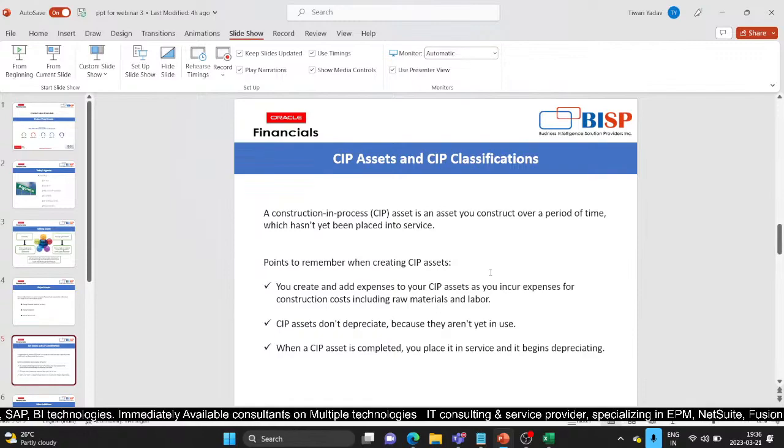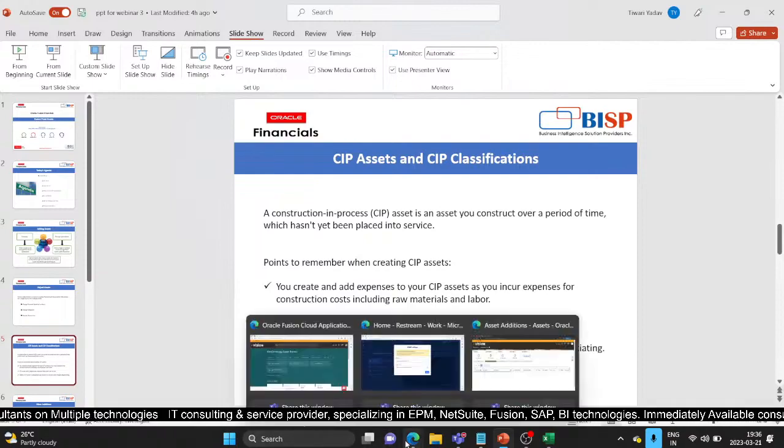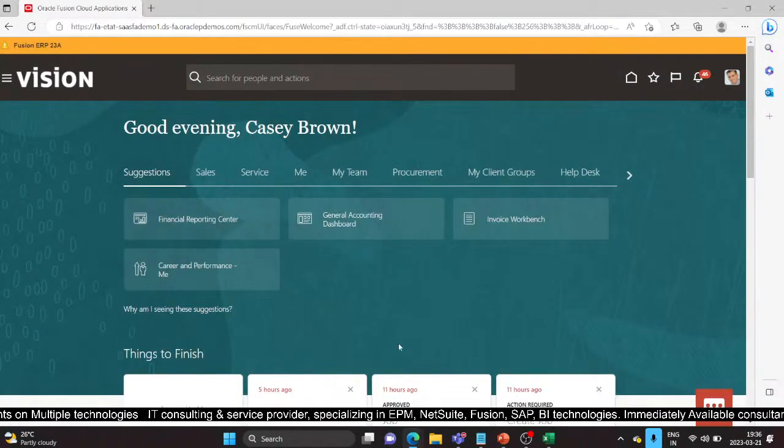The assets which are termed as CIP are not depreciated because they are not ready to use and they are not being used by our system. So once the CIP asset is completed and capitalized and placed in service, we can then begin to depreciate those assets. So this is the standing of the CIP asset. Before we create the CIP asset, one thing needs to be kept in mind. So I will show you through this KC Brown